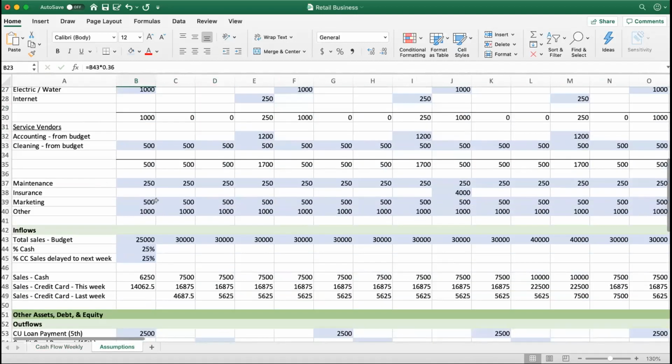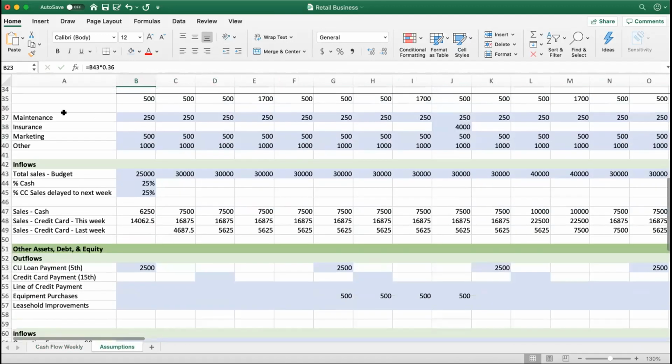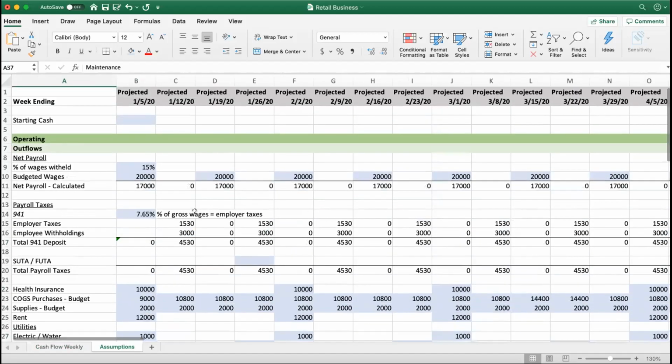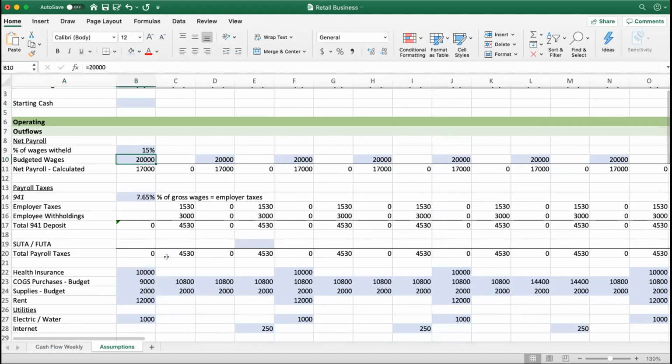And pretty much it just works that way. Some of these things are weekly budgets. Some of them are real numbers. What I would recommend doing is, as you go, updating not only actuals, but known things about the future. When I was working with a client that was really carefully managing cash flow, we had some estimates about wages, but as soon as a pay period ended, I actually knew what those wages were going to be and could calculate them out pretty quick.